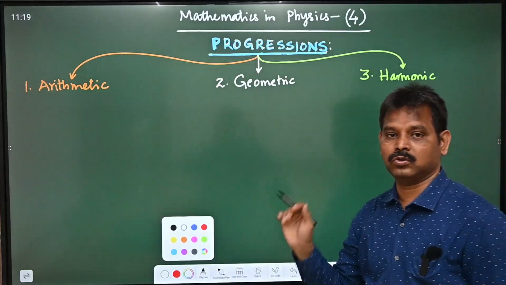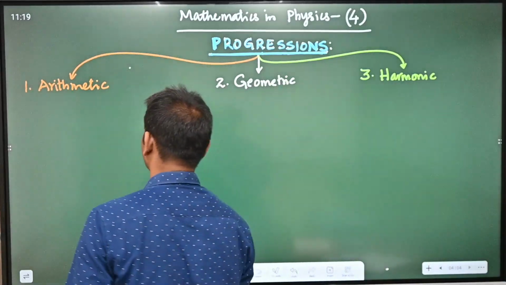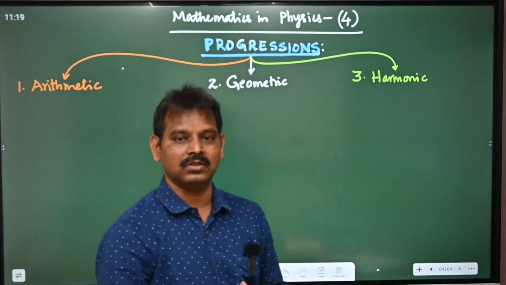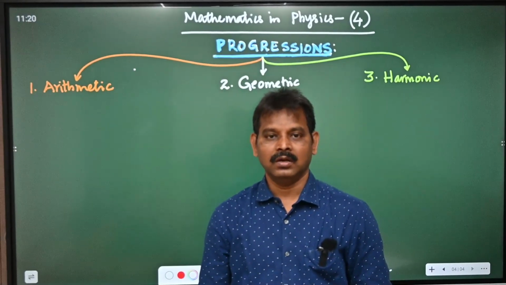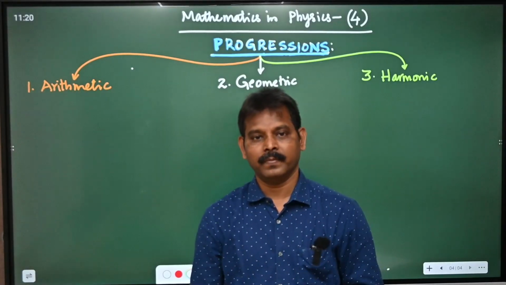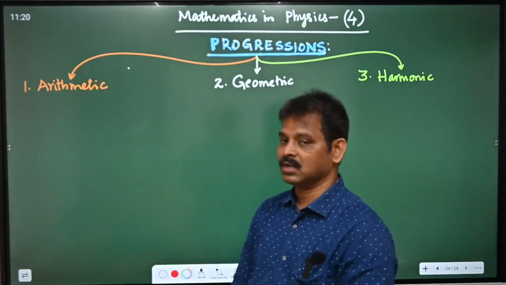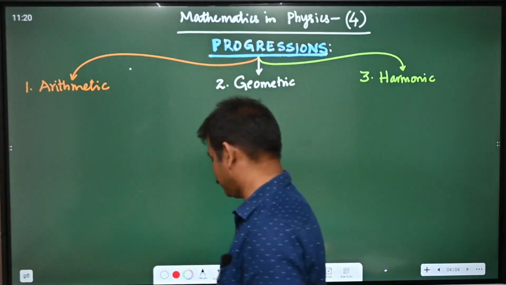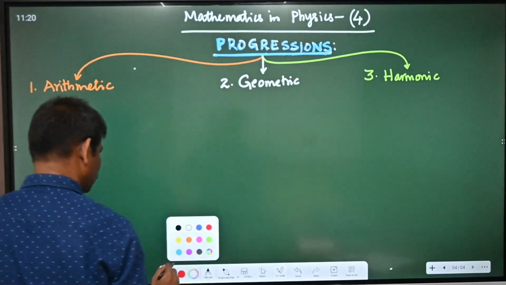Physics fourth part about progressions or series. So we have three types of progression, students. Already you studied this in 10th class, and ICSE students studied all three, and CBSE I think first and second. Now in this arithmetic progression, the numbers are arranged such that